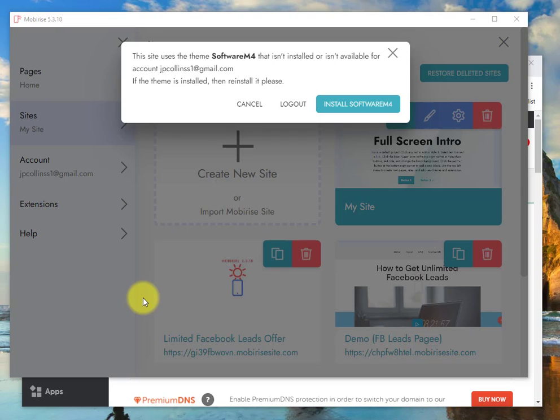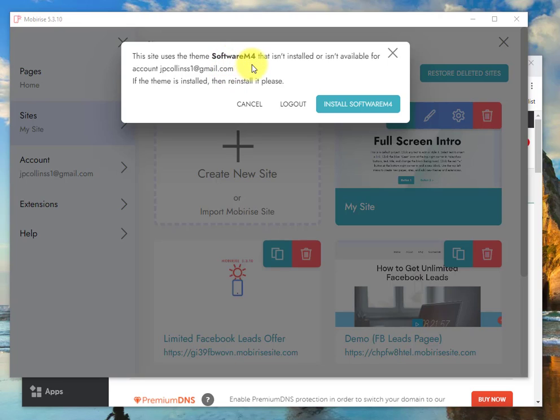Right, this video is for the Mobilize support team, and hopefully by showing you what I'm doing, you might be able to see if there's an issue with my setup for the website that I'm trying to have go live. So I'm on my main dashboard in the software. This is the version I'm using, and I went ahead and